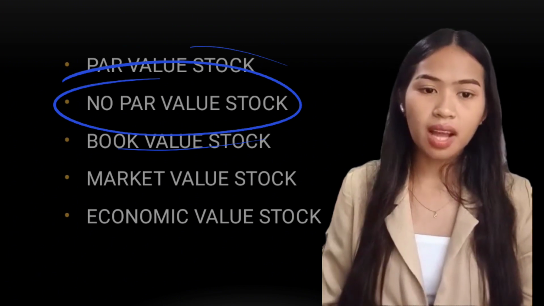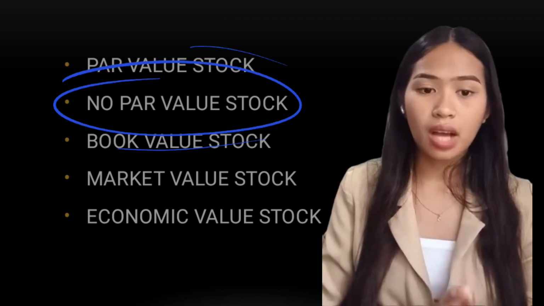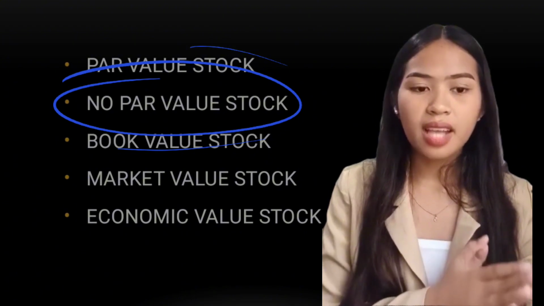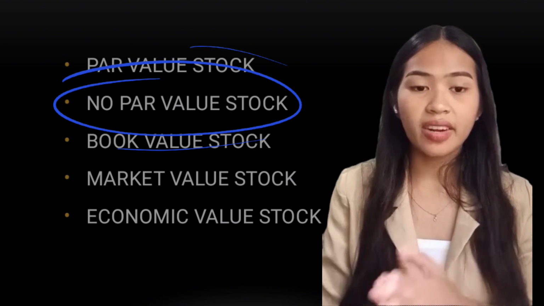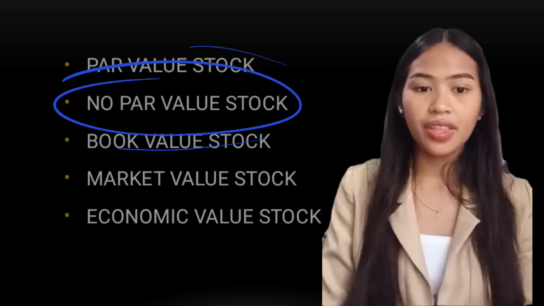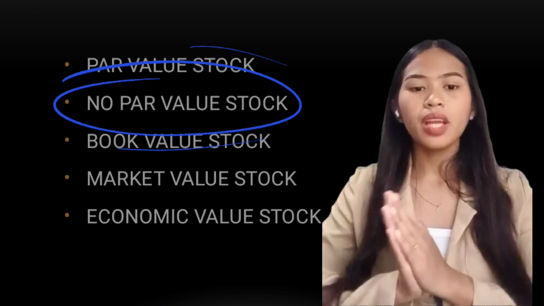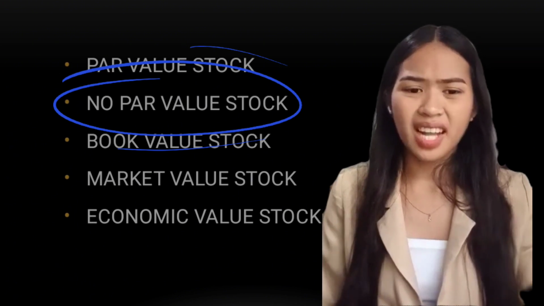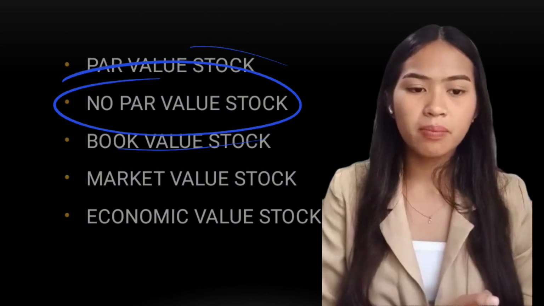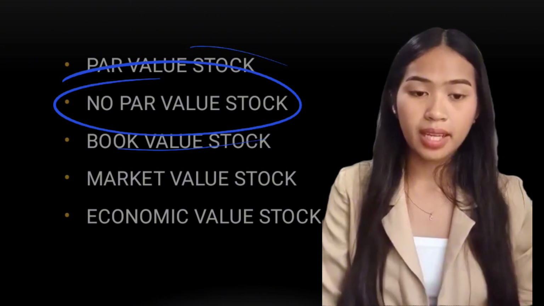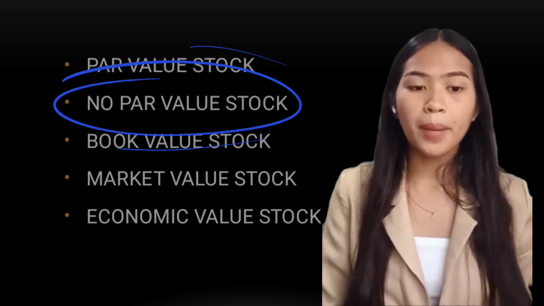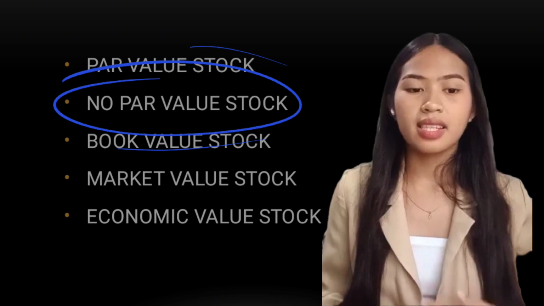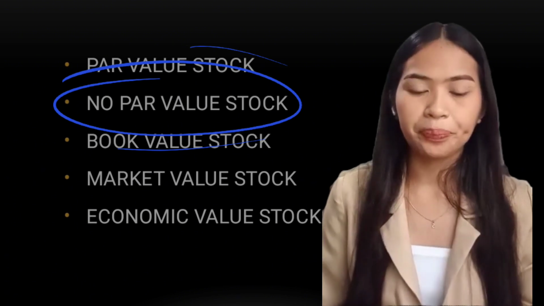No par value stocks are those shares of stock without face or nominal value. When stocks have no par value, dividends are expressed in peso amounts rather than percentage. No par value stocks are like items in a store without a price tag. They don't have a set minimum price at which they can be sold. This gives the company more flexibility when it comes to selling its shares, as it's not restricted by a minimum price. Now,